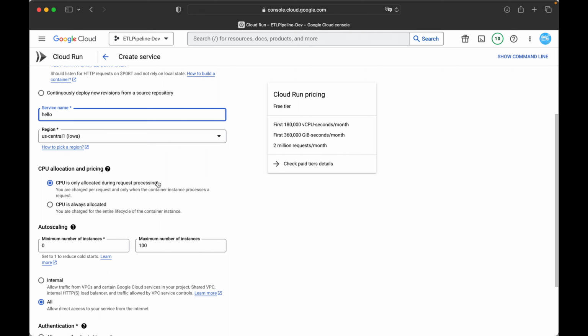For example, if there is 10 GB of data, based on this 10 GB of data, it will be able to allocate the CPU. But once you select always allocated, for example if you are creating 5 virtual CPUs, those 5 CPUs are going to run all the time, even if it is 10 GB, even if it is 100 GB. So we will go with this, and the minimum number of instances, let it be 0,